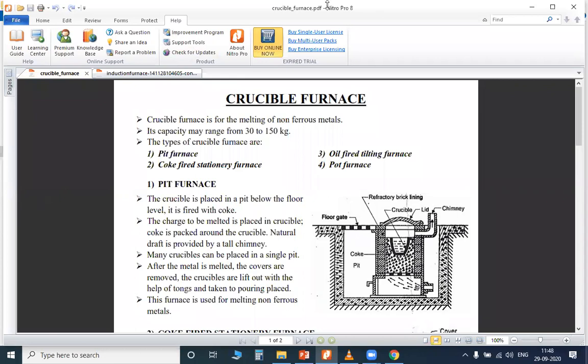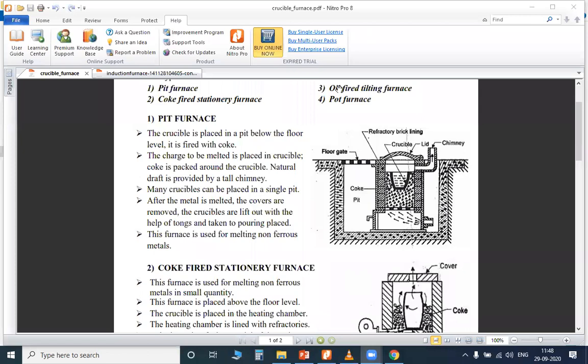They are not commonly used for another metal. Some types of furnace are used for some types of metal, and other types of furnace for other types of metals. You can't use only one type of furnace for all types of materials. Clear? So the difference is there. In the next class, we will learn about the crucible furnace. With this, we will complete all the types of furnace as per your syllabus.